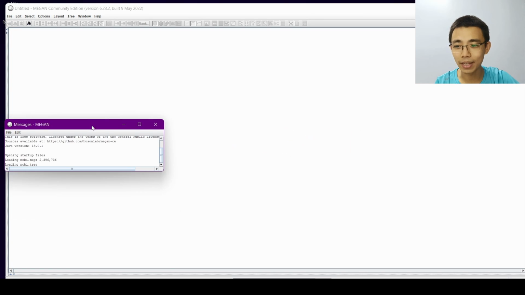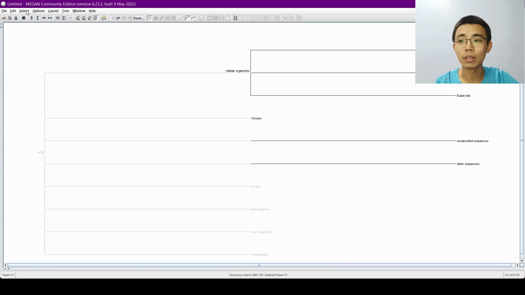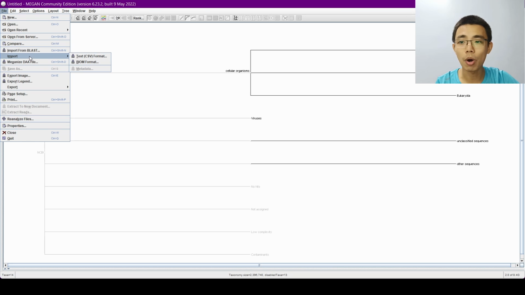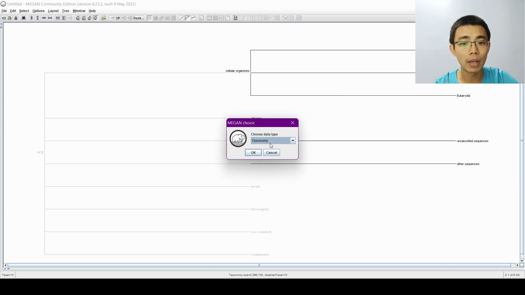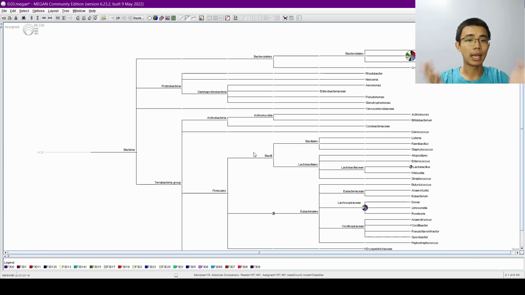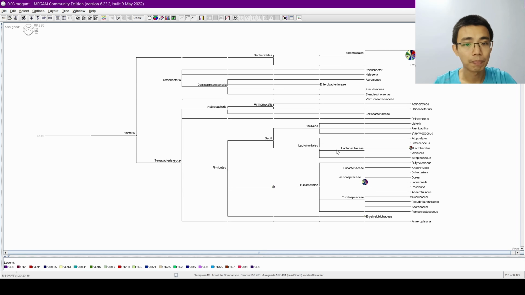There's some messages, you can have a look, but I'm not going to do that. Go to open, file, and import biome format. I'm going to choose the biome that I exported just now on my desktop. Press open, and the data type is going to be taxonomy. So choose taxonomy, and you can see that I have a much more comprehensive phylogenetic tree over here